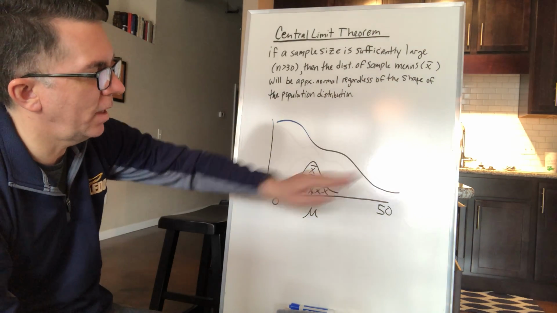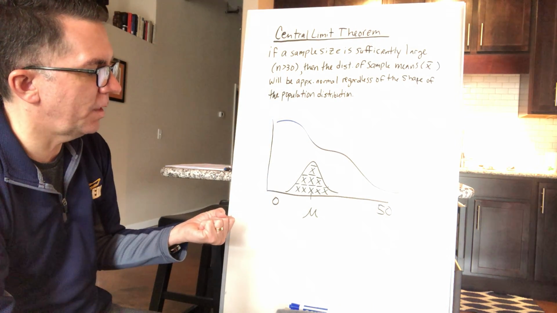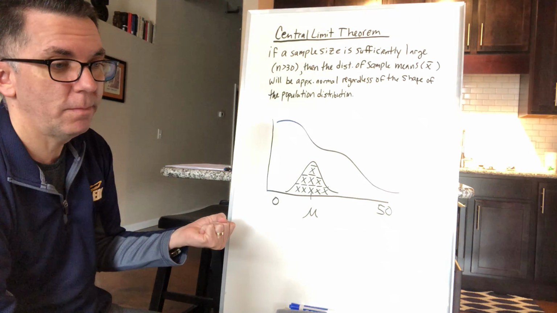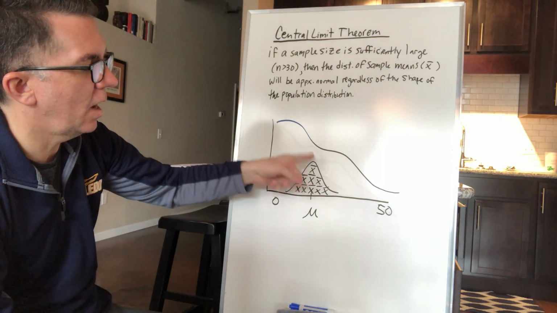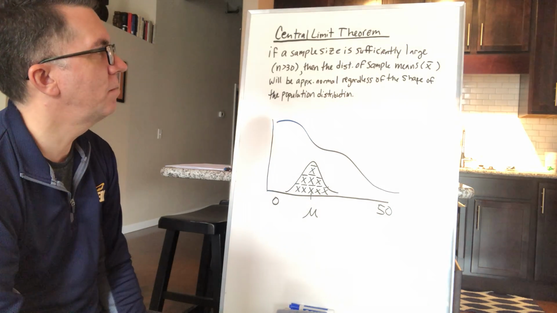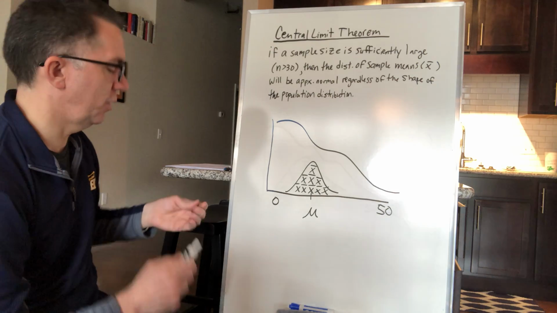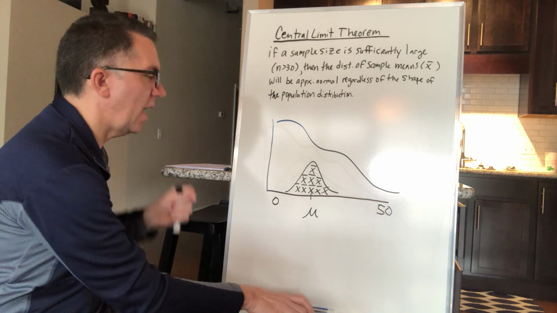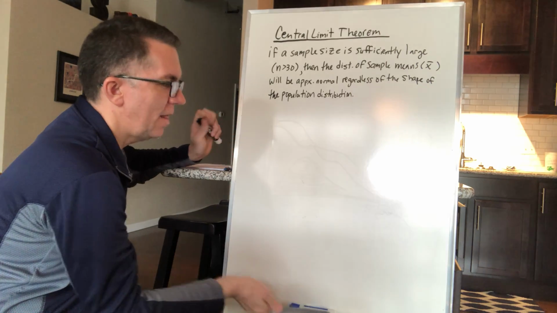So we've got this population of a strange shape, but when I take samples from this population of size 30 or bigger, those sample means, if I take many of them, will end up looking approximately normal. Okay, so that's what the central limit theorem is. When I use the central limit theorem, our z-score changes a little bit, because we're dealing with that little